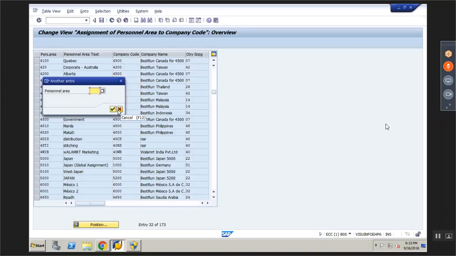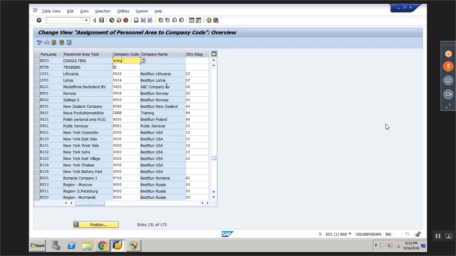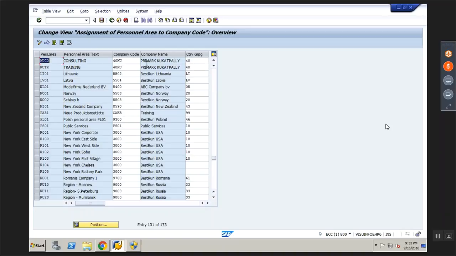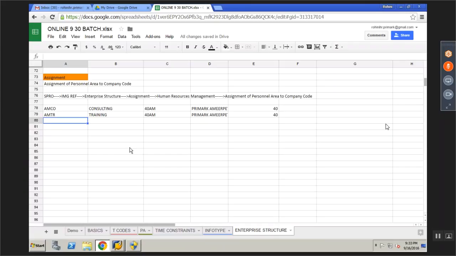Sorry, we have to search for the personal area, KUCO. Yes, this is 40 KU, company code 40, and then country grouping is 40. So this is what we have created.